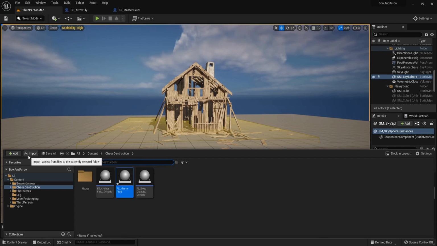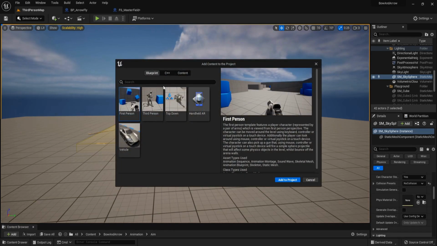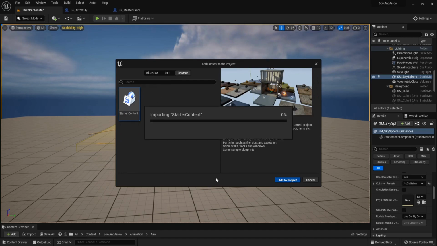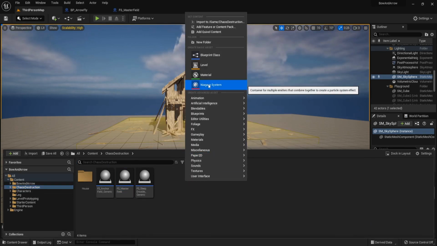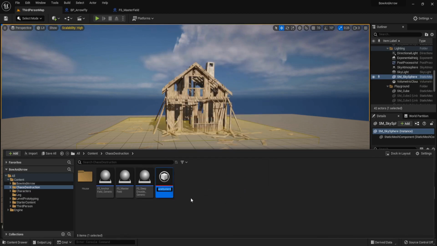To get the smoke texture, we have to add feature or content pack and select content, starter content, add to project. Then go to chaos destruction. Now create Niagara system, create empty system and click finish.